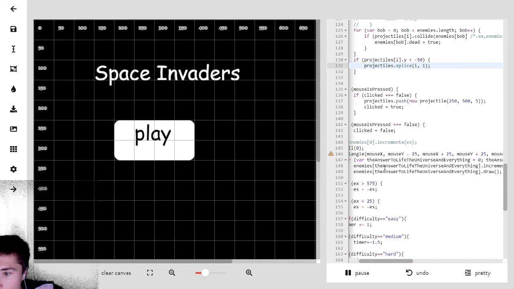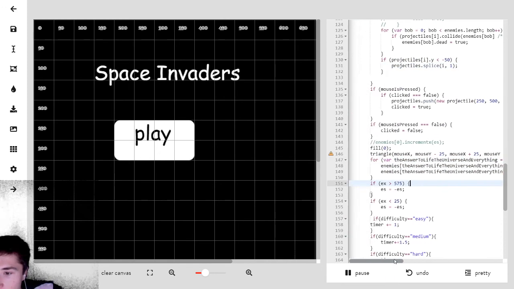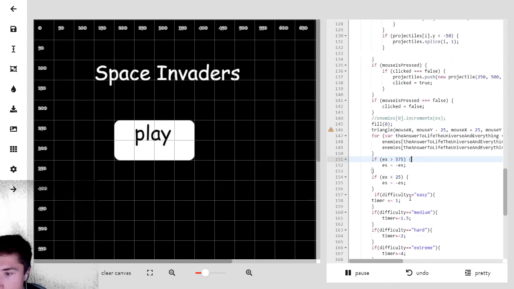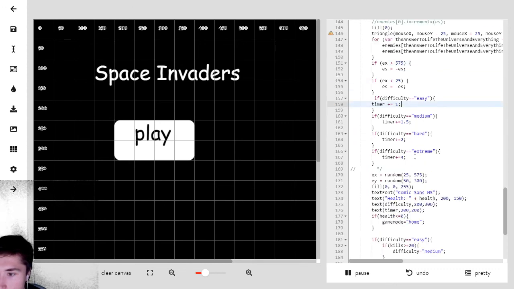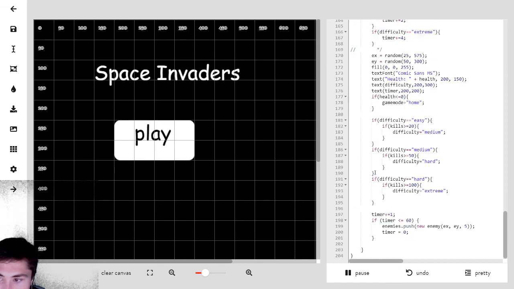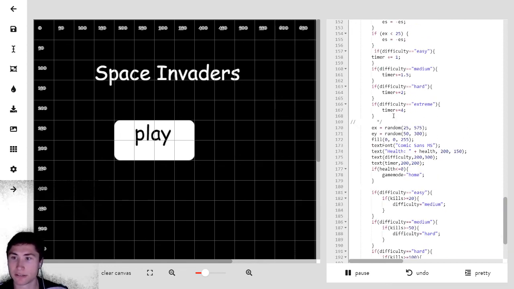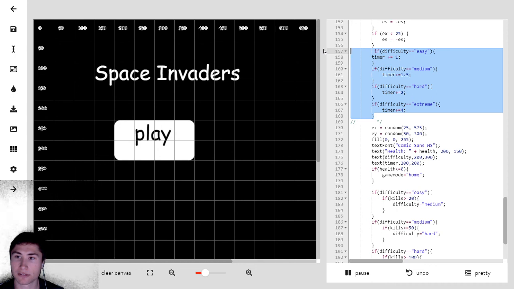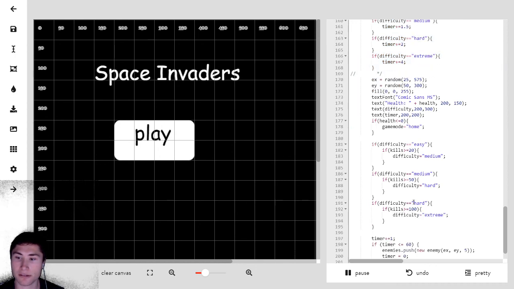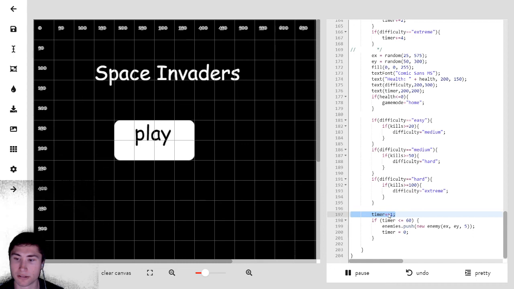That's quite the variable name. Okay, timer plus equals, and then if timer is less than or equal to 60, push new enemy. So your timer is incrementing here, no matter what. These if statements, so easy is always going to be this. Let's try making this